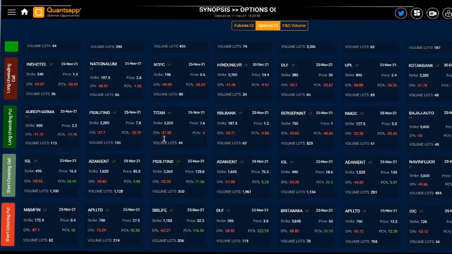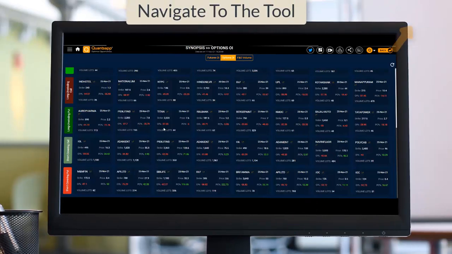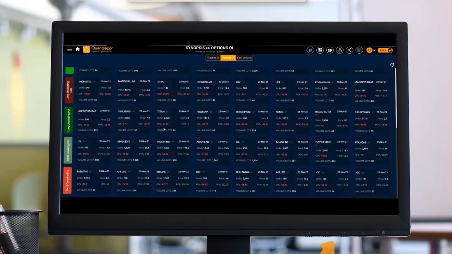Even in Britannia. If I talk about DLF, 385 put sees unwinding of 58% OI and price has gone up by 222%, right? Now when we are going to look at this data, we will look at this data in the opening hour, around 9:30 onwards till 10:15, so that we get fresh data, right? It shows me the change up till the current time. But if I would have been looking at it at 9:30, I would have still got, let's say, something like DLF on my radar list, right?